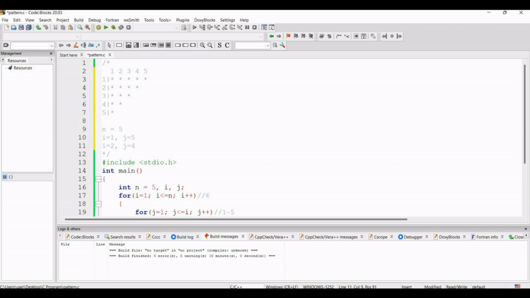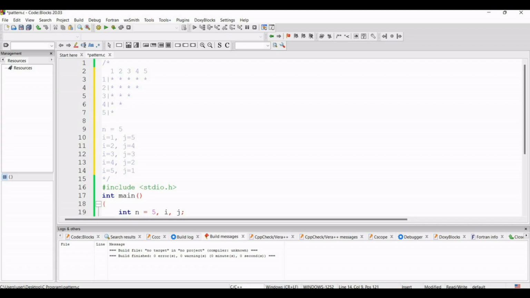And so I will copy these 2 lines and paste, and again paste. Next, when the value of i is 3, the inner loop will rotate for 3 times. When it is 4, this inner loop will rotate for 2 times, and when the value of i is 5, the inner loop will rotate for 1 time.